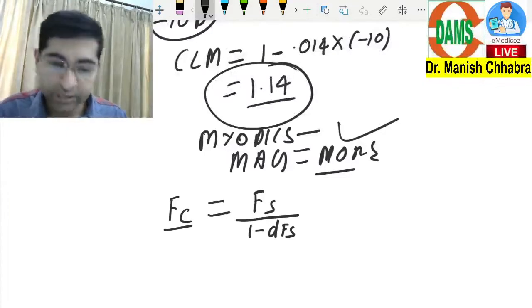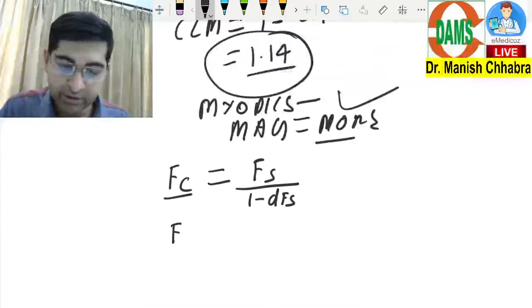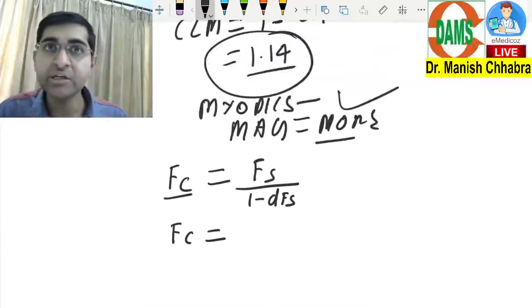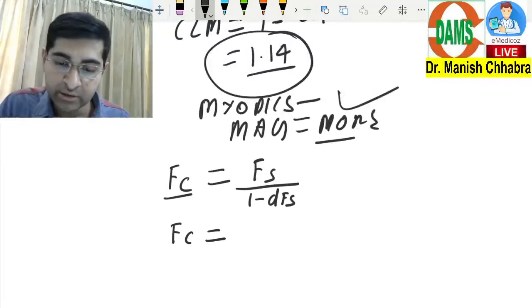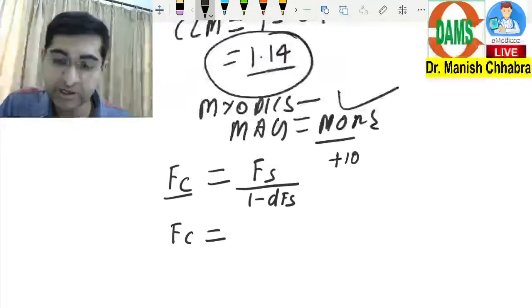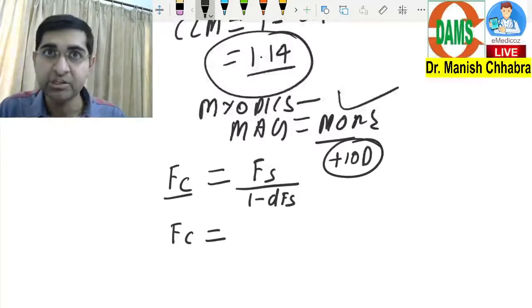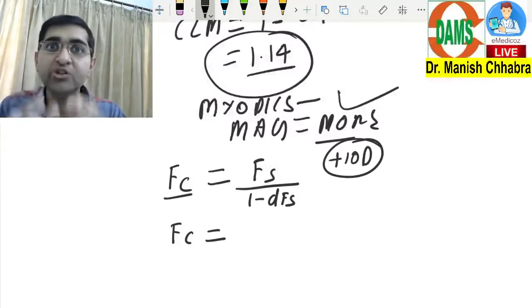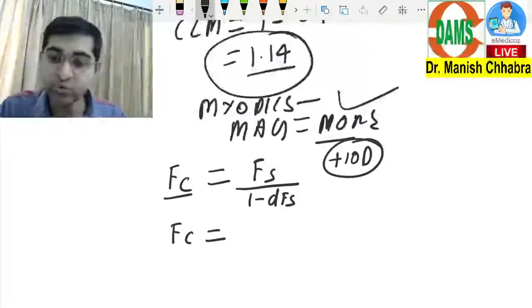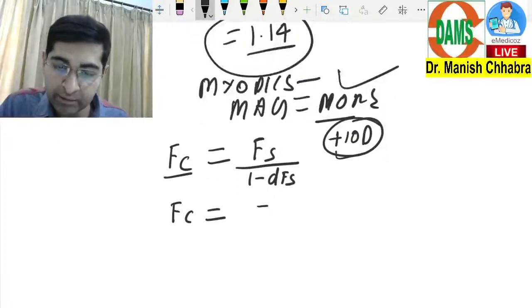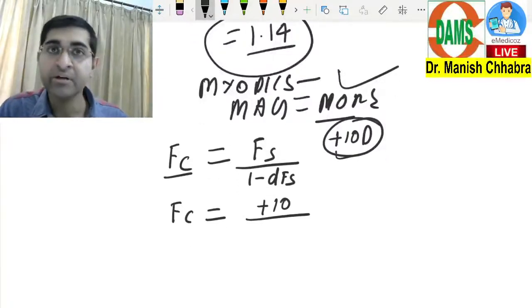So what I mean to say here is, if the person is wearing, let's suppose, plus 10 diopter glasses and you want to prescribe him contact lenses, how much power are you going to give? It will be plus 10, that is the power of the spherical glass,